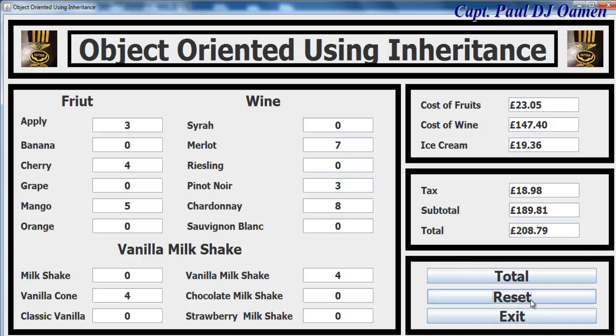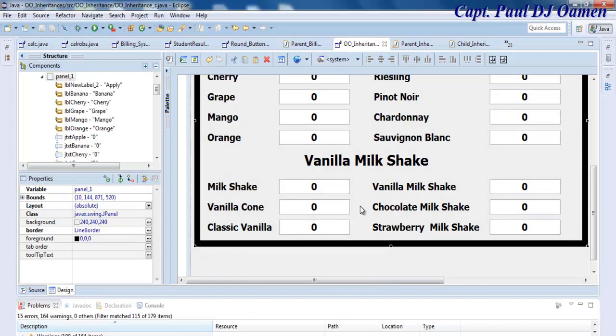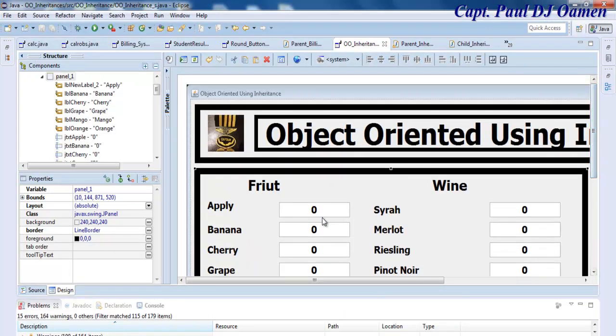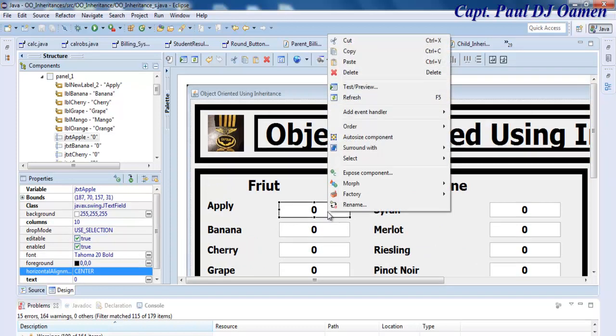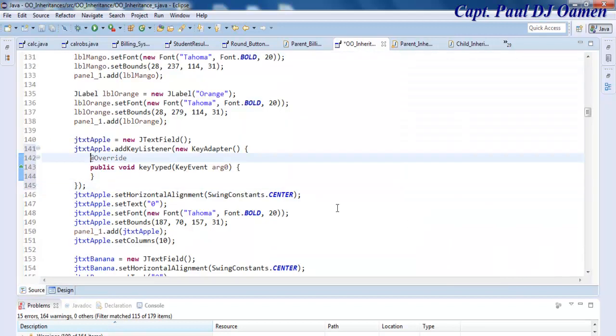The other thing left is for us to be able to reset. The reset is not working yet. We just need to take care of the reset and to prevent this from accepting characters. So let's right click and come to enter. In this case we need to use key type. Click on that, and right in here we have to declare,